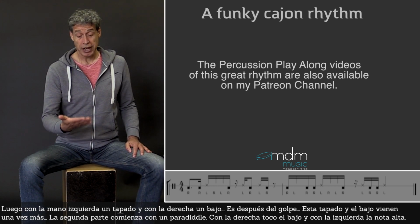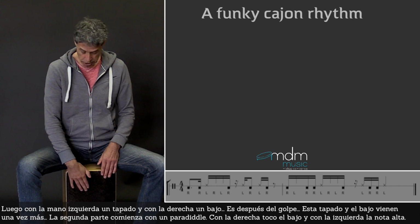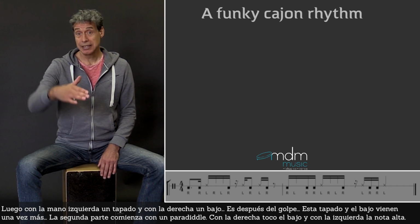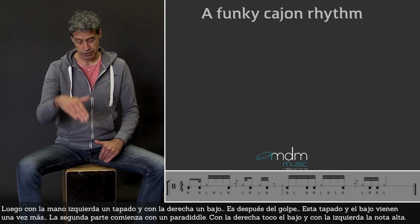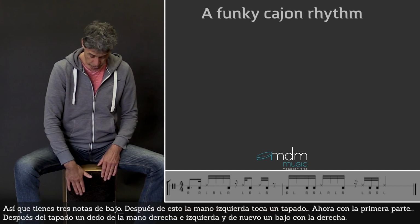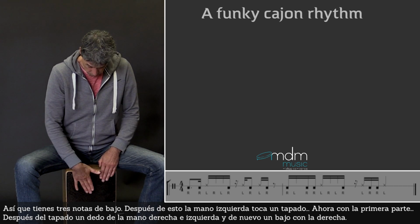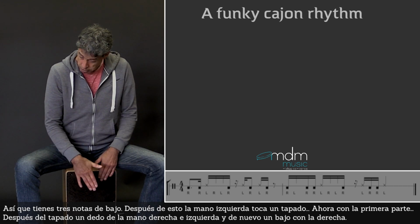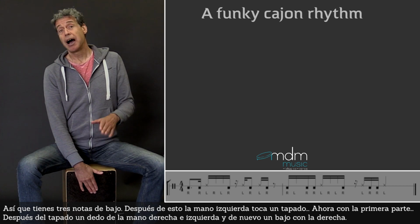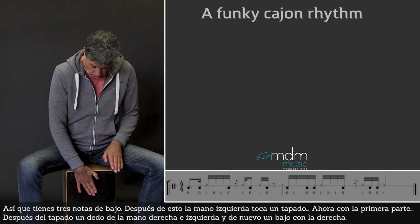The second part starts with a paradiddle. I play with my right hand, I play the bass, and with the left hand I play the high note. So you have a paradiddle is right, left, right, right. Yeah? So you have 3 bass notes. After this, the left hand plays another snare. So you have